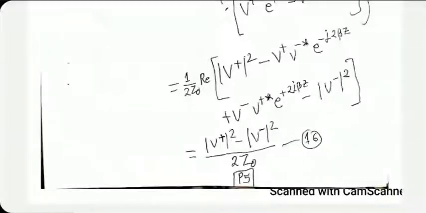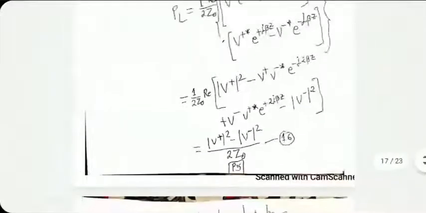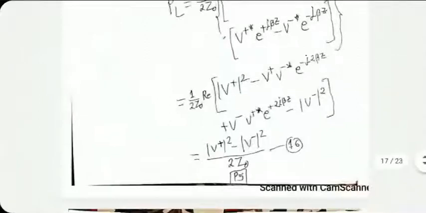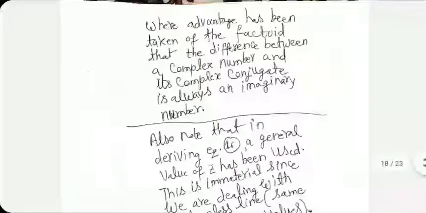This was the basis for defining S parameters in terms of powers. In a lossless case at least, it's easy to see that the total power has got V plus magnitude squared minus V minus magnitude squared divided by 2 z naught. I'll tell you later how this becomes important.